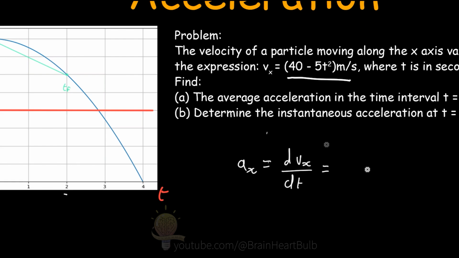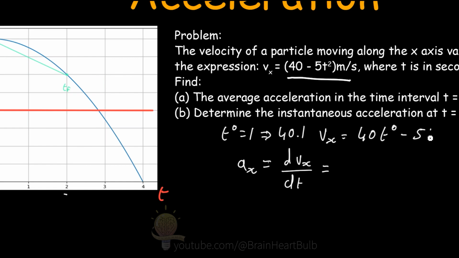So Vx is equal to 40 t to the power of 0. And it's t to the power of 0 because that equals 1. So effectively what we're saying is 40 multiplied by 1, which is 40,